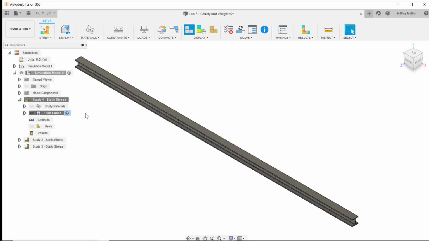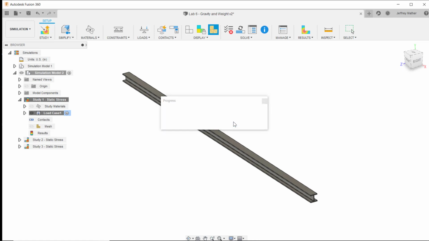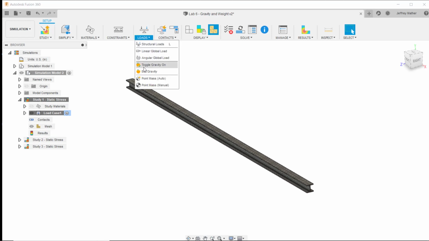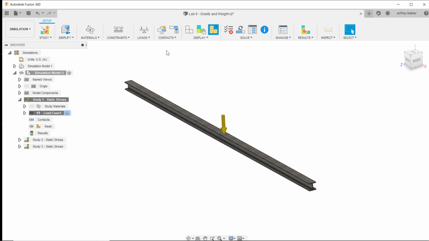Let's make study 1 active, and I will generate the mesh. Now I probably should have done this before I cloned the studies. It takes so long to mesh this long part that I'm just going to leave it at the coarser mesh. And then for our loads, we'll define gravity. So I turn gravity on,